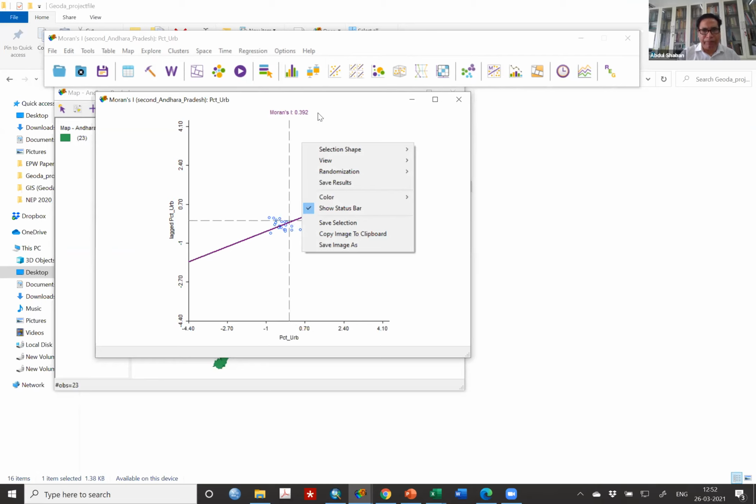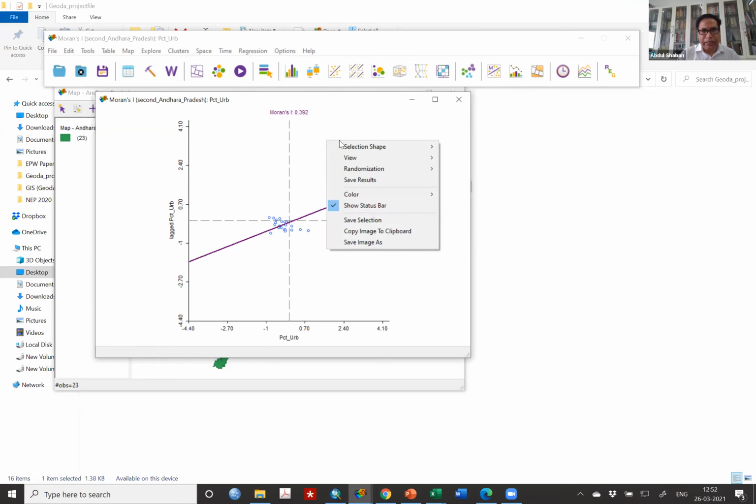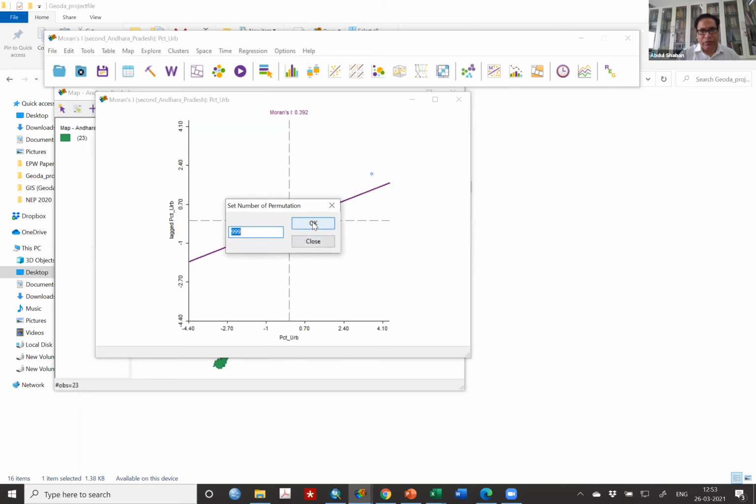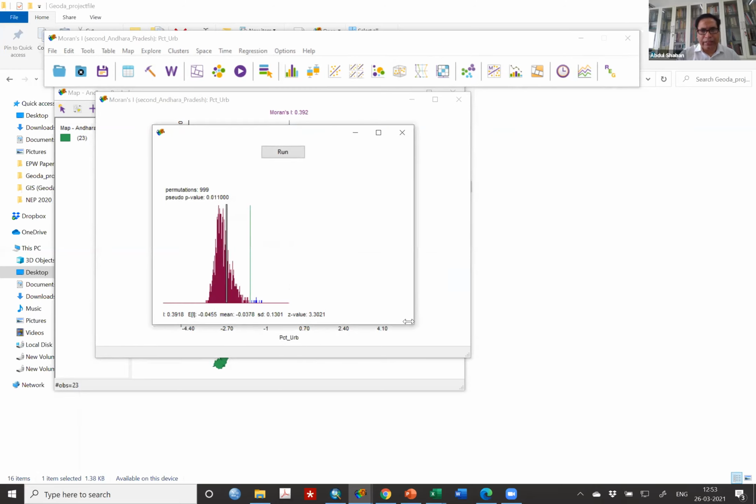You can also perform this: if you right click on the graph, you will get this window. It will ask for randomization. Randomization does permutation, and you can go to 99 or others, up to 99,900 permutations. With this randomization you can compute the Z value. So press others and you say okay. You can put in any value you want. Let me keep it like this, and you say okay. Now you get this value of Moran's I.